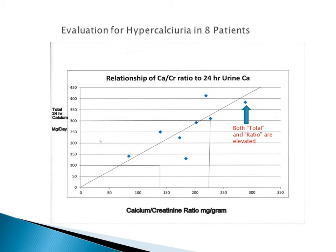And here is just a very small sample of patients, 8 patients. You can see on the ordinate on the left there's a total 24-hour urine calcium determination, and the line at 300 milligrams is the upper limit of normal for men. And if you look at the x-axis on the bottom, you see the calcium creatinine ratio, milligrams per gram of creatinine is listed there, and you can see that the normal at 220 milligrams per gram ratio is on the bottom there, and you can see where they intersect. So most of these patients were completely normal, in the normal range. Both their ratio and their 24-hour urine calciums